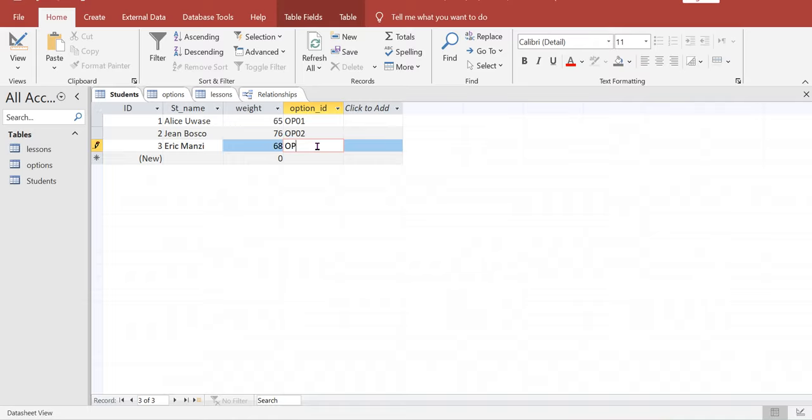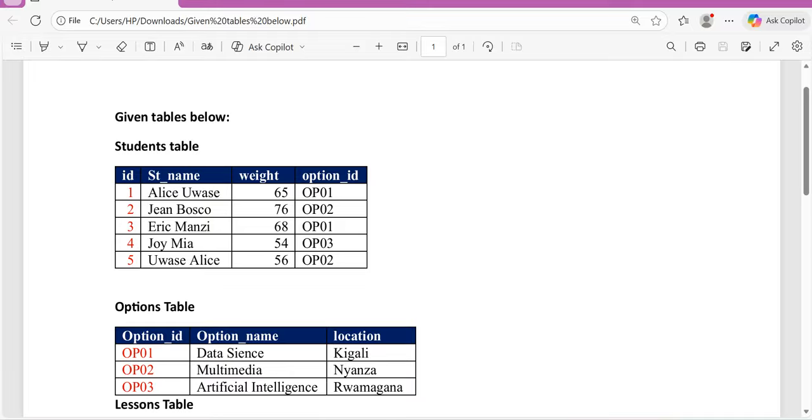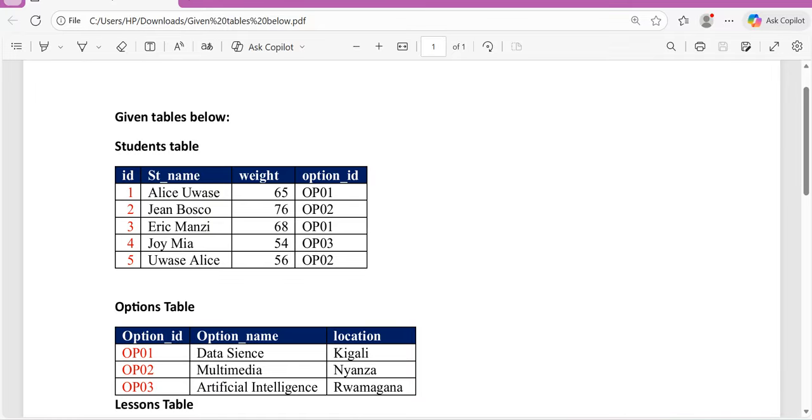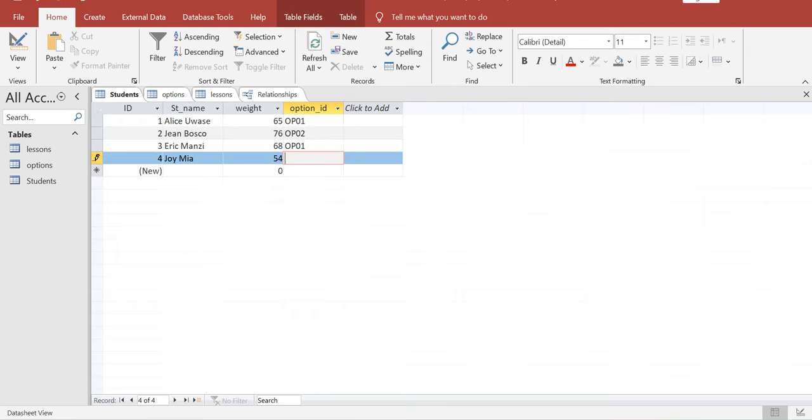Next student is Joy Mia, 54 kilograms. Joy Mia with 54 kilograms. What is the option ID? Option ID is OP03, which means the artificial intelligence student. OP03. The next student is